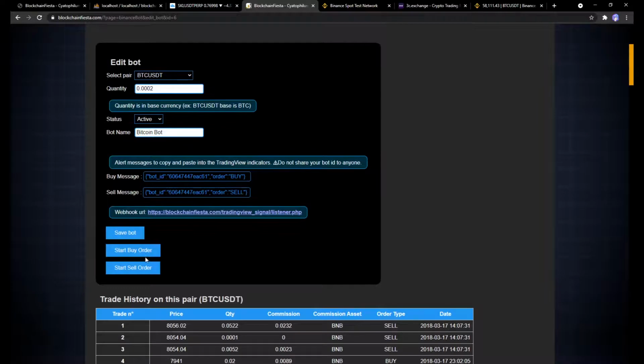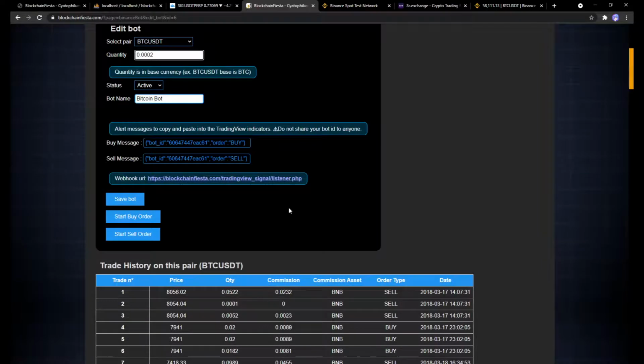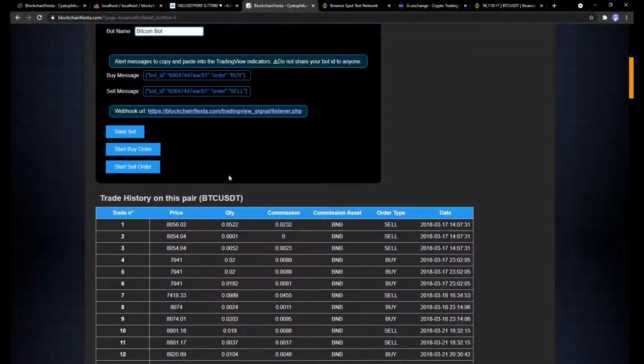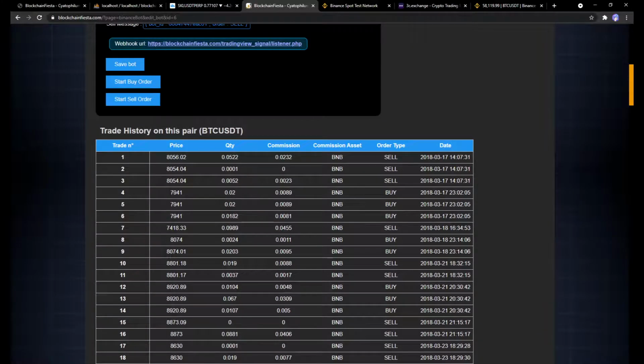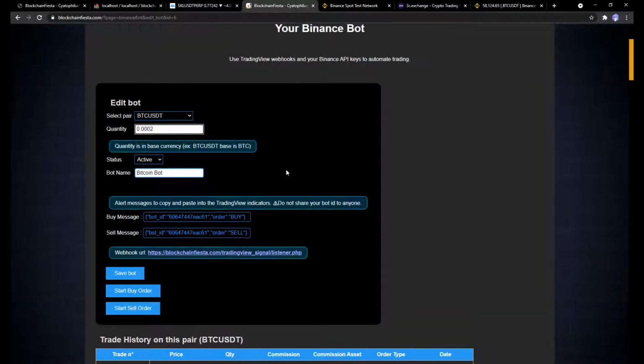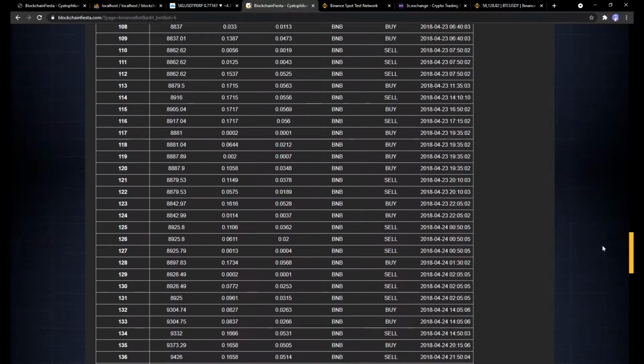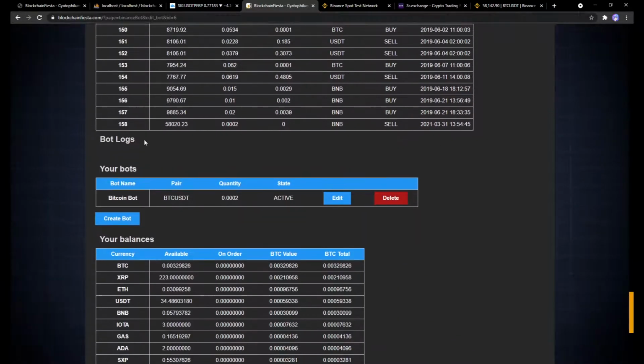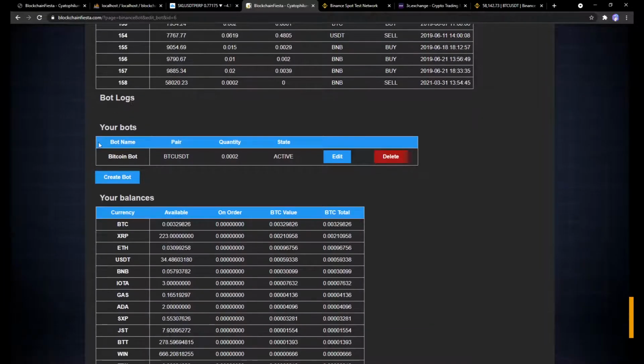You can, if you want, start a buy order directly, or start a sell order. It will use the quantity that is saved here. If you change the quantity, you need to save the bot before starting an order, okay? Here you can see the trade history, and at the bottom you have the bot logs. Right now I have nothing.